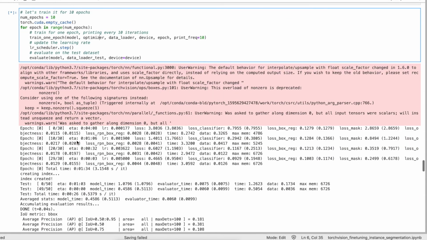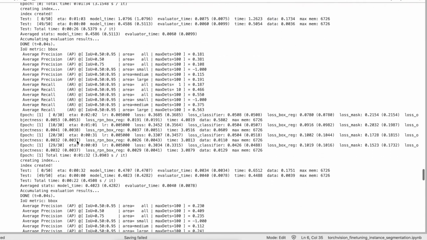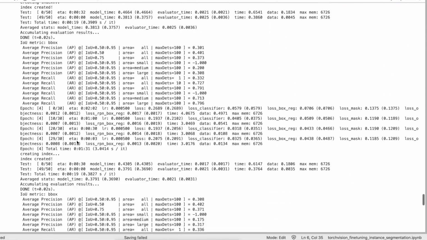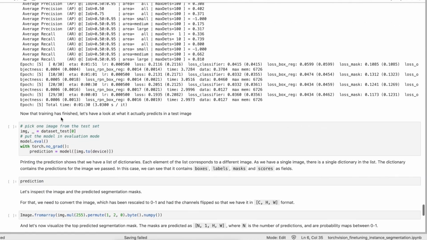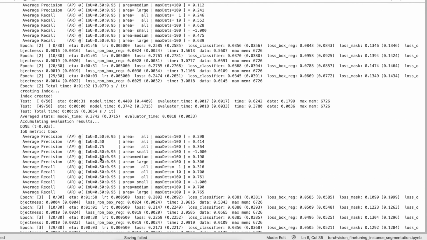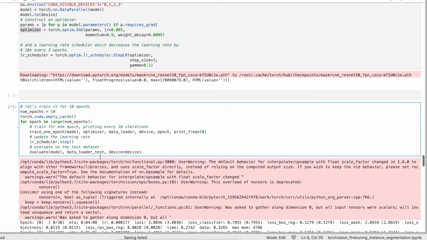Here the training will start. I ran multiple training runs here, the training is going on, and I passed a few steps of training, and finally this is the evaluation call. This is all about how to start and launch a training with the Torch Vision library, and how to fine tune the Mask R-CNN model with different approaches.